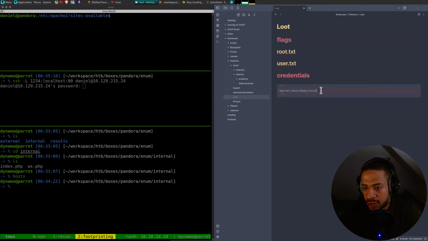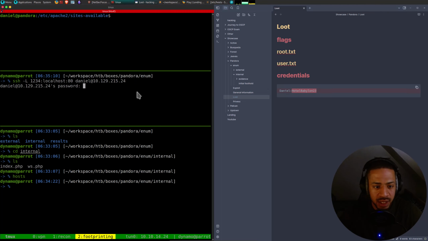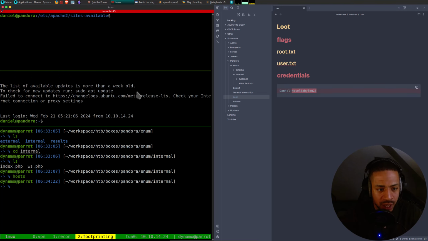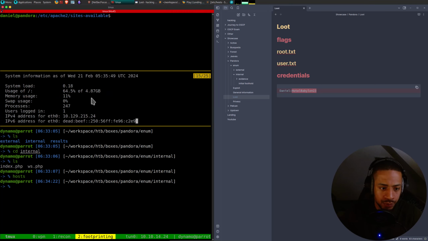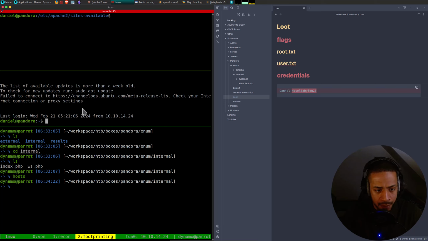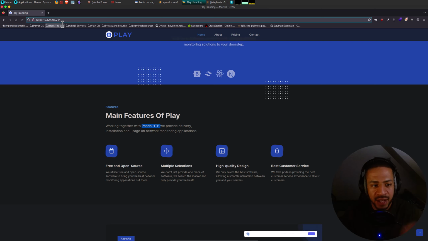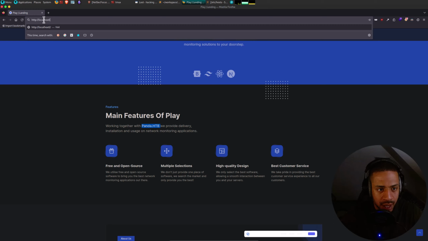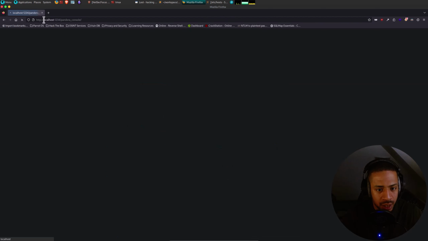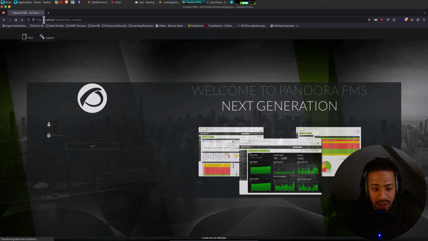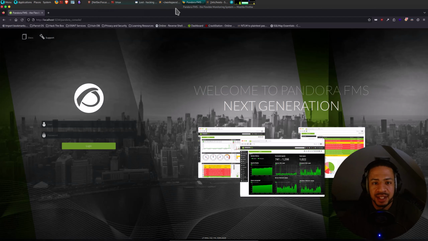If not, I've got it in my notes, but I'm just trying to see that I do all these things correctly without my notes. So now I should be able to go to localhost 1234 on my host here and navigate to the page. So let's try that. That port should be forwarded to my localhost 1234, like this. And that worked. Okay, let's take some notes.